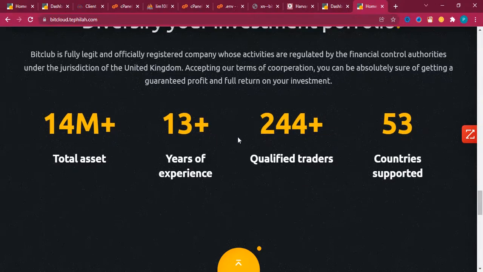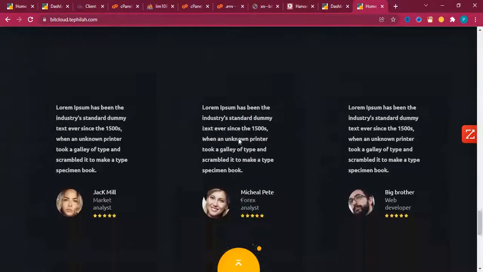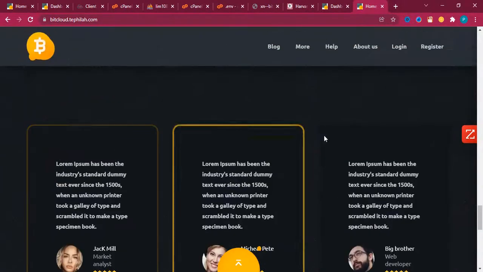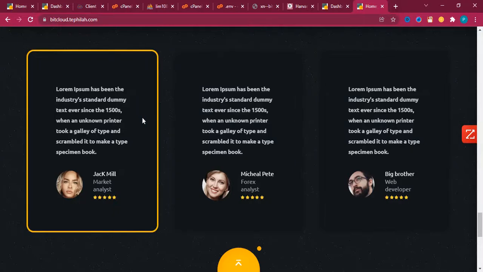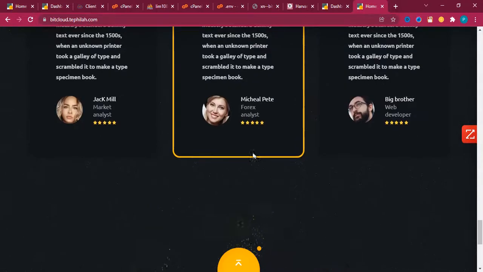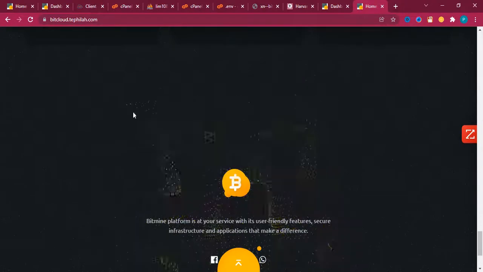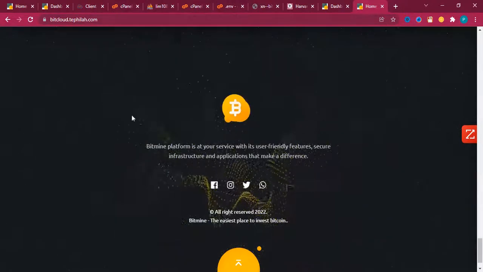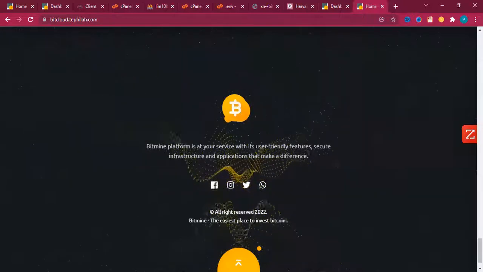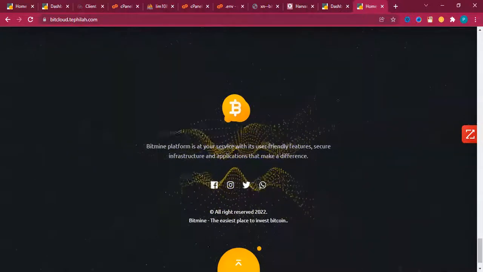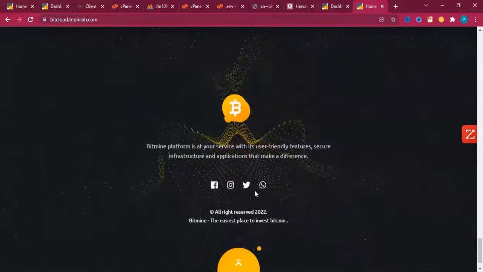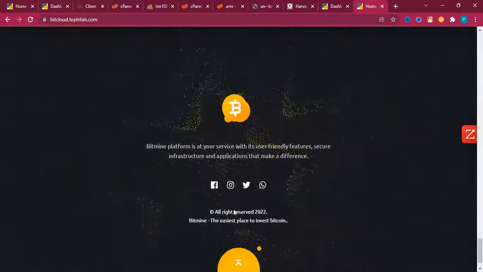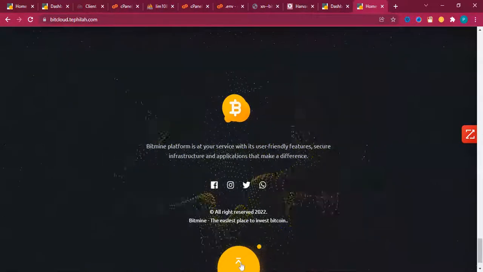All of those things can be done directly from the back end. Down below is the review section, or testimonial section, of a few persons who have used this platform. All of this we coded at the back end, and you can add more and more of these reviews to the platform. And last is the footer section. The footer section contains the logo, a bit of an idea of what this platform is all about, and lastly it also contains the social media section, all rights reserved and stuff like that. And here you can go to the top directly.